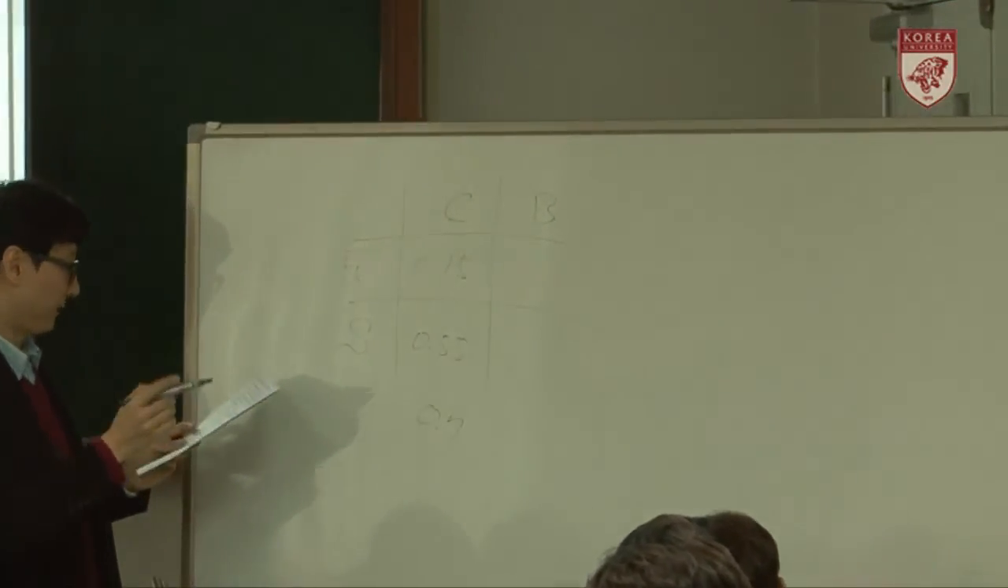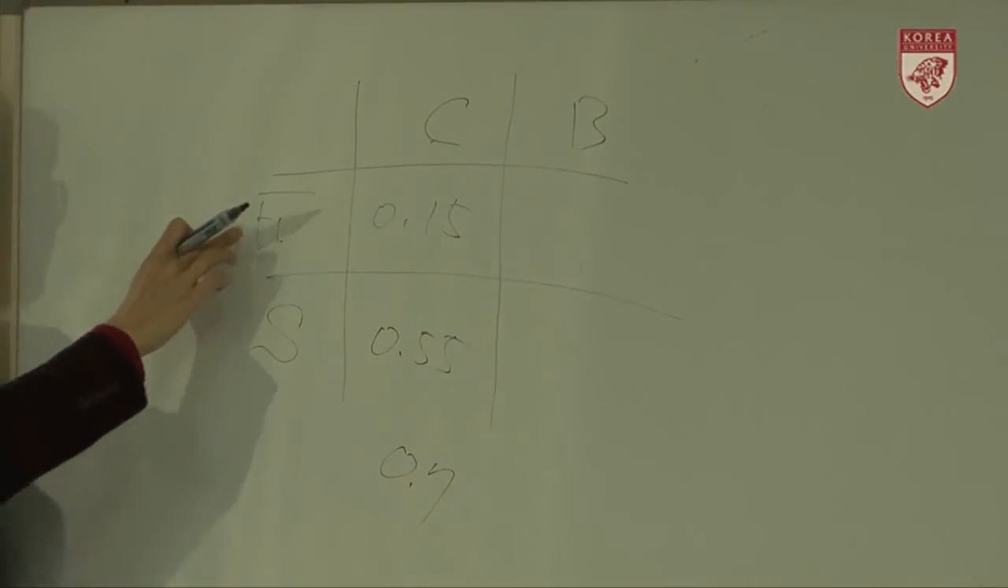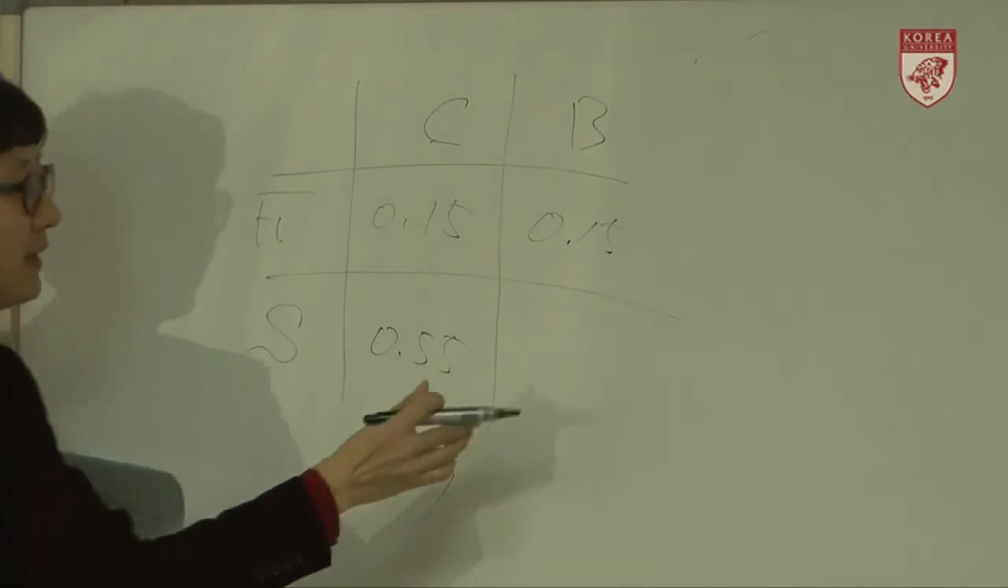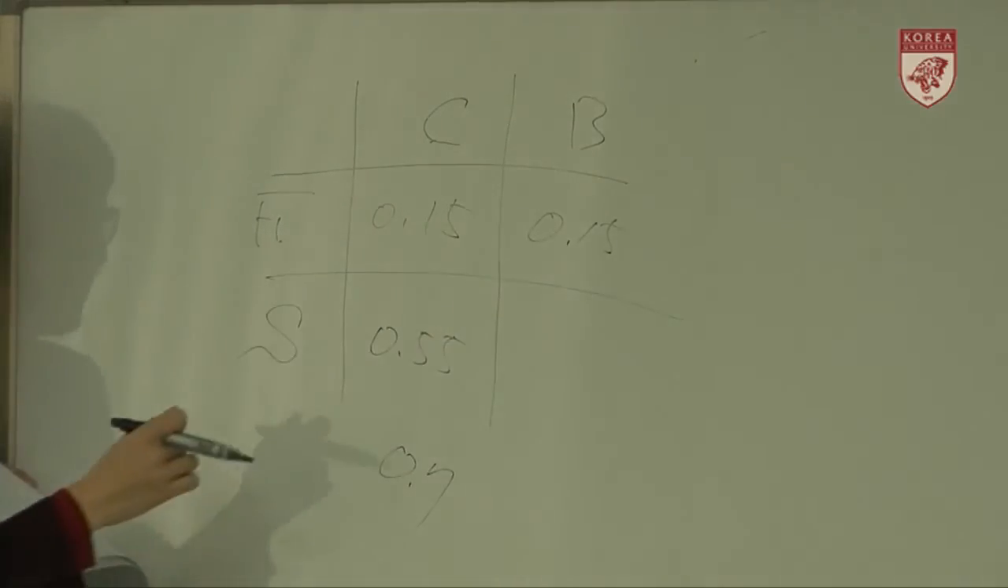And the probability of fast is 0.3. That means fast bike should be 0.15. And this one should be, if we add these four numbers, it should be